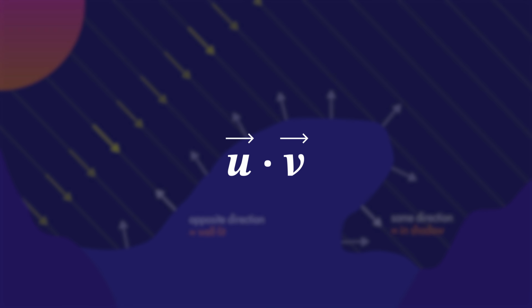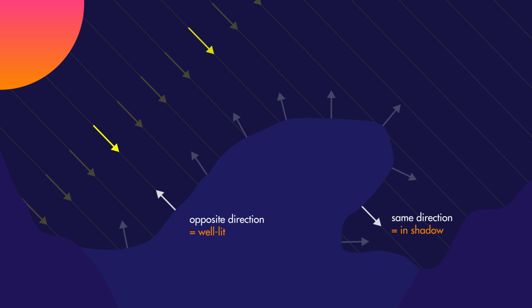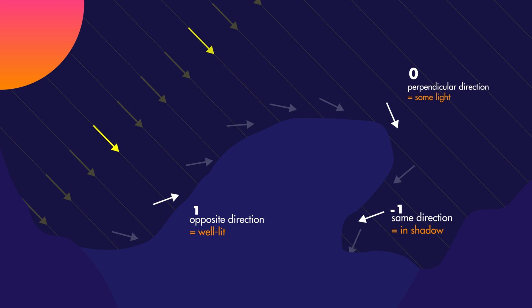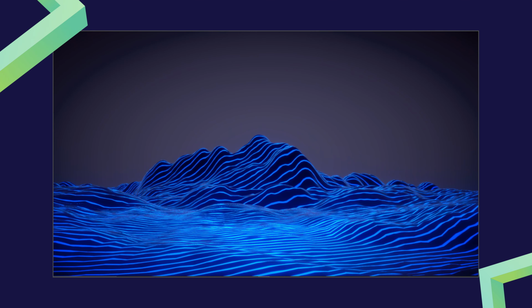To make this calculation, we can use a nice little tool you might remember from algebra called the dot product. The dot product helps us see if two vectors point in the same direction. If the result is 1, they are aligned, if it's 0, they are perpendicular, and if it's -1, they are opposite. That's exactly what we need, though I've inverted one of the vectors to make it more intuitive, so that higher numbers correspond to more light hitting the surface. Now, this number directly influences the brightness of the lines, meaning more lit areas will have brighter lines, while darker areas will have dimmer ones.